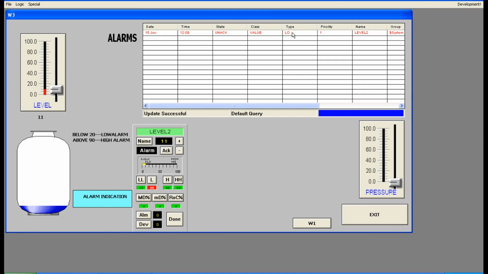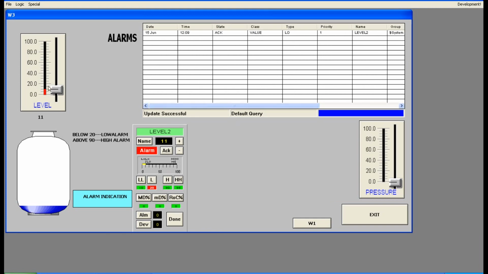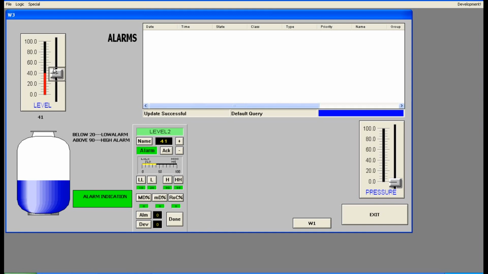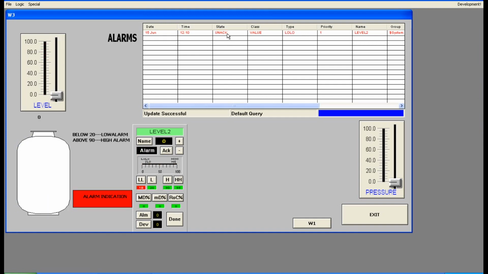If you acknowledge, it will be acknowledged. If you increase to normal, there is no alarm. If you increase above 90, a new alarm came. So it is like viewing the alarm status, and it is showing only the current alarm.